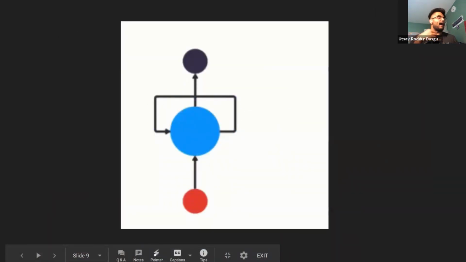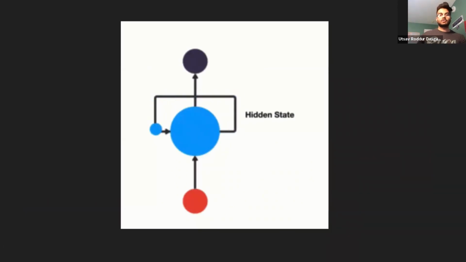But as for the actual structure of the RNN and how it deals with sequences, what makes it actually work, it's all in the hidden state. And so this is why it's called a recurrent neural network. As you can guess from the word recurrent, there is recurrence. There's a recursion happening in the flow of neuron activations. So you have the input that's red on the bottom, you feed it into this neuron